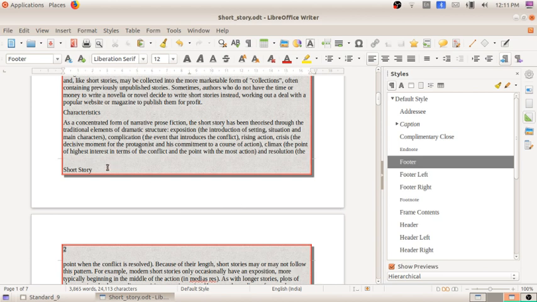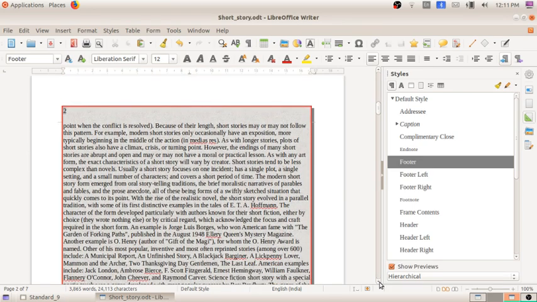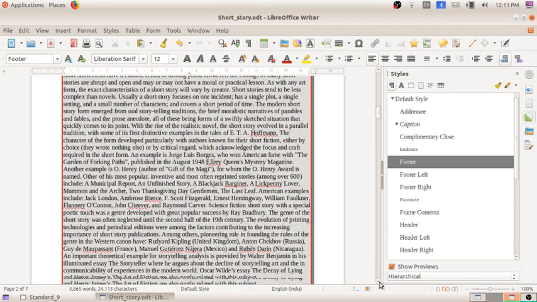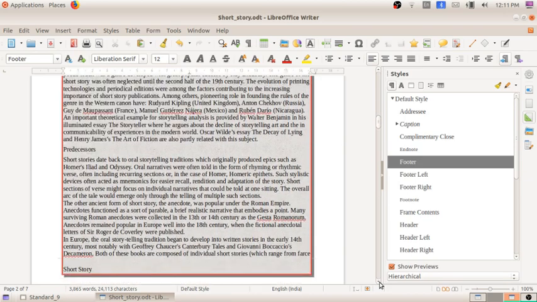So now here in the first page, it is short story, and on the second page I am making the change. Instead of short story, I am writing the school. School name or whatever you want, you can write. I am writing just school, like that. So now you can notice the change.